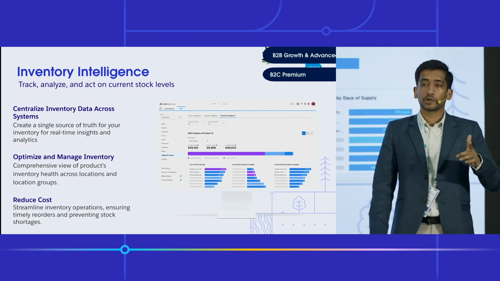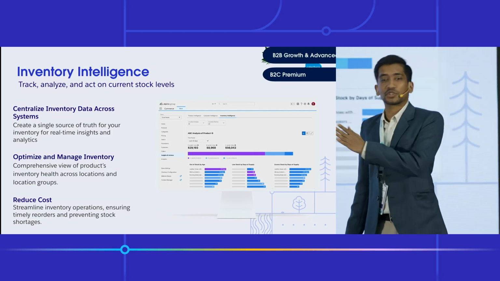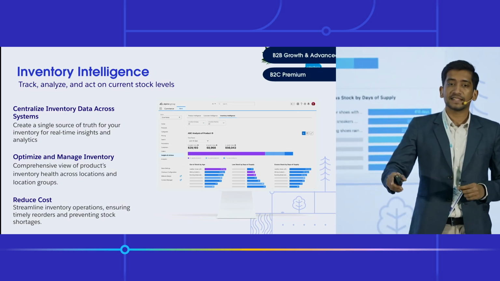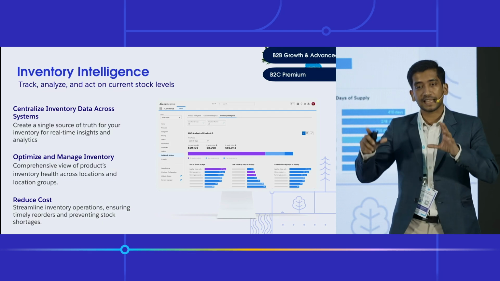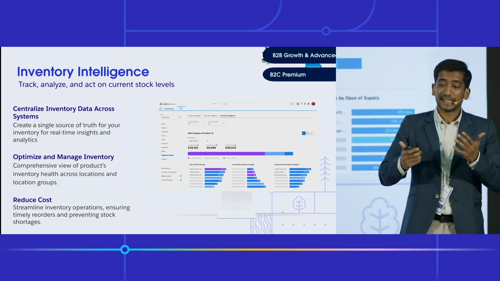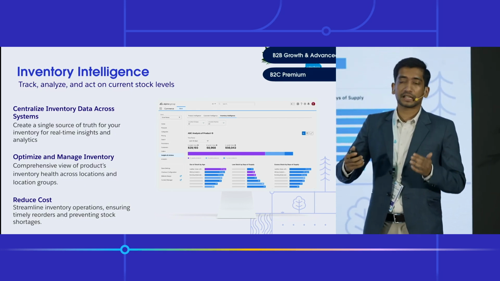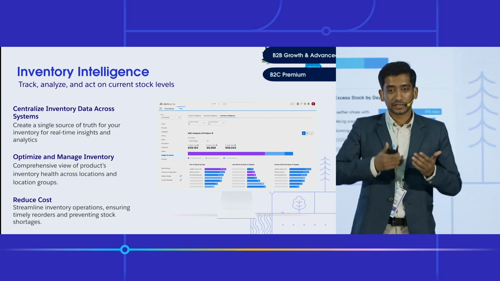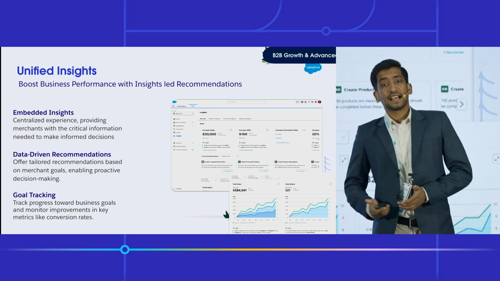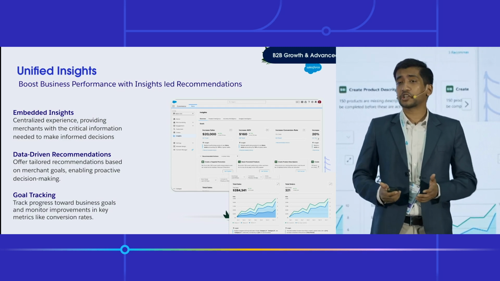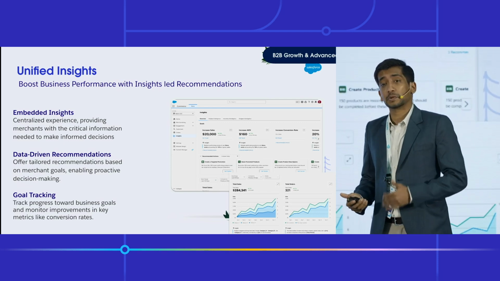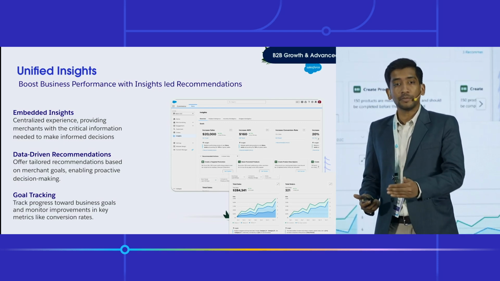We have covered what we are selling. We have covered to whom we are selling. But it's very essential to know: do we have enough to sell? Can I plan for my holiday season? With the help of inventory intelligence, this information is now readily available to you to plan. Now, while these 3 dashboards that you're getting out of the box are targeting the merchant, the shopper, and the inventory, what you also get is unified insights. This unified insight is not just talking about store metrics, it's suggesting an additional thing that you can do to boost your store performance.